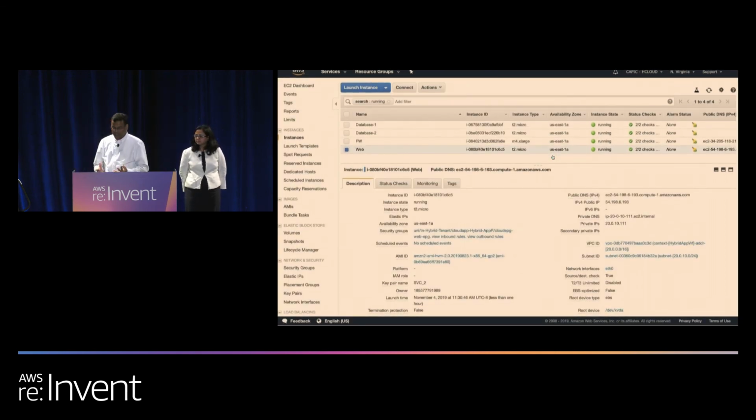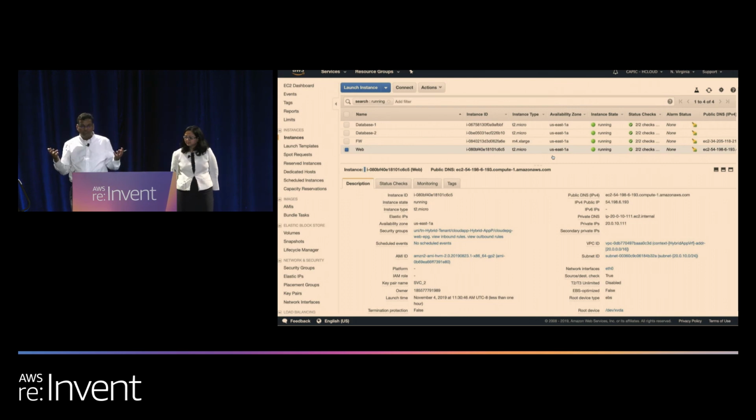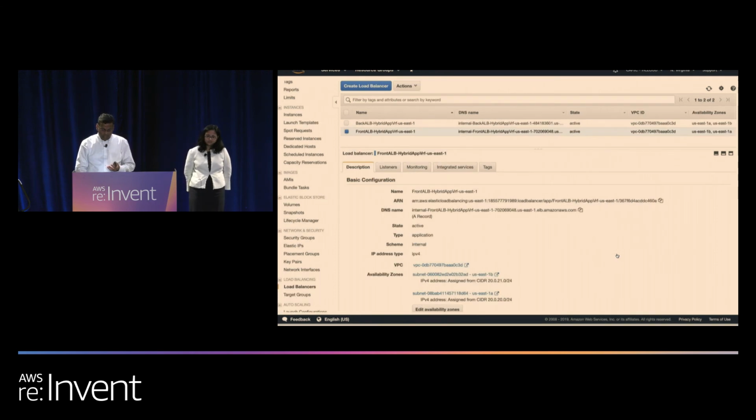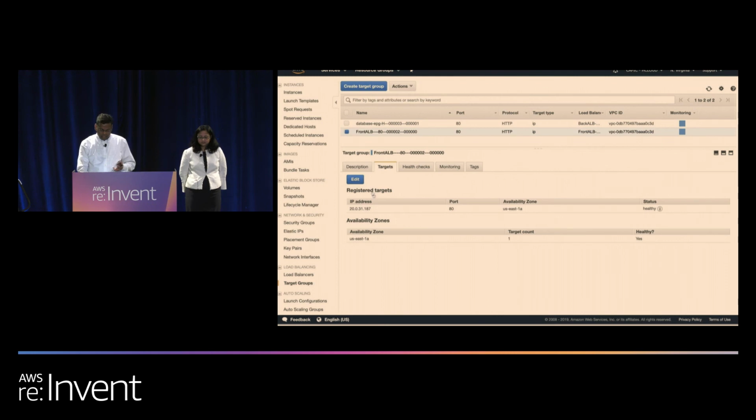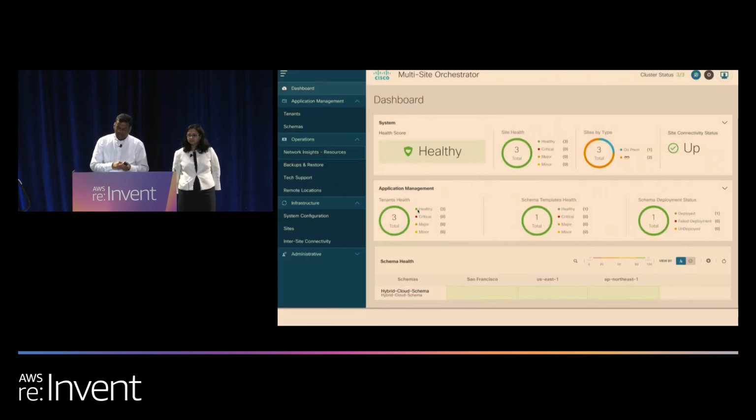Now I switch back to the AWS Console. Once I go to the console, I can see everything is done behind the scene for you. So as Mary talked about the universal policy orchestrator or universal language, that is what we are taking in this case. So here I have provisioned in US East the front end. I have done all the tags and VPC creations. I can even see the ALB creation where I define all the listeners and target groups. So I can see that it's listening to port 80, and I have defined the target group with the particular IP address that I'm using. Now let me go back to Multi-Site Orchestrator.